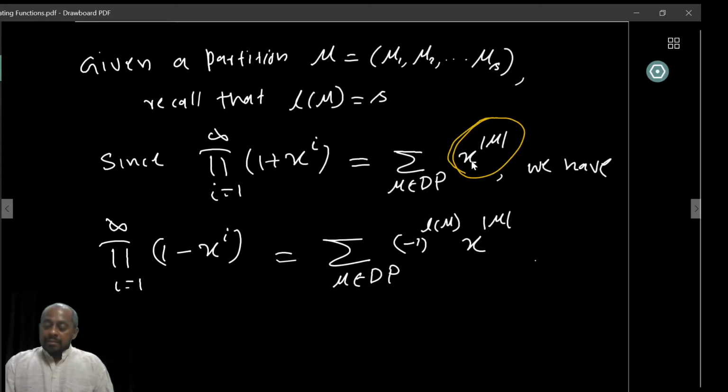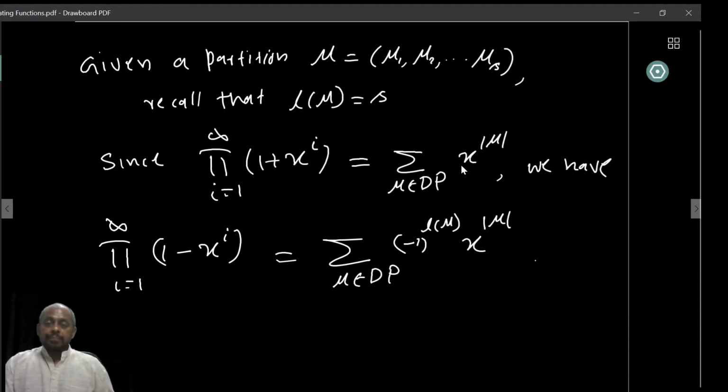This comes when mu is a partition of the integer n, where n is the area of mu. Corresponding to that partition, you get these terms added up, the degrees were added up. The numbers are distinct, so then I get